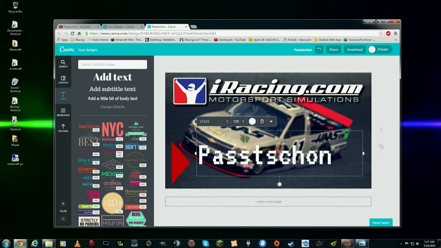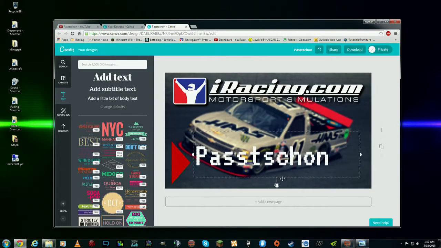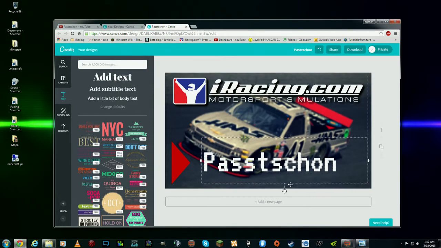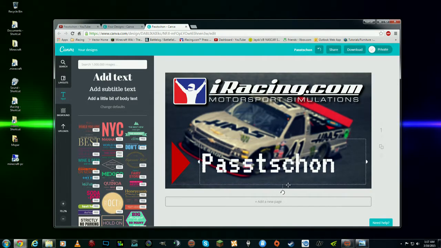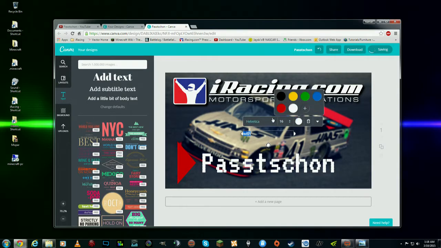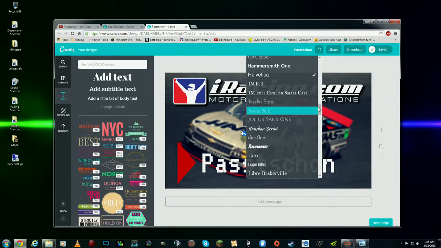How do you drag this thing? There we go. So click on that. Try to get everything centered again. Make it look presentable. Boom. iRacing with Passion. So we're gonna click this one because it's small, and we'll say width. Change that to white again. Change that to my font again,